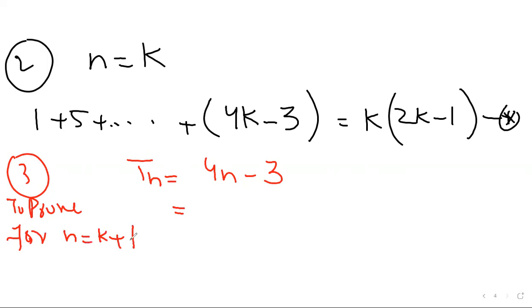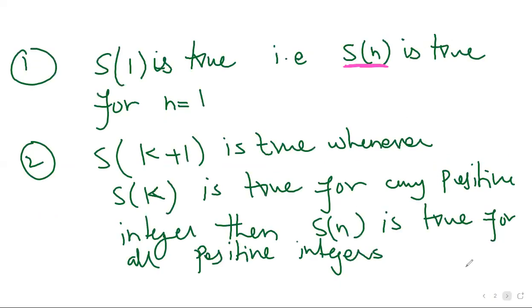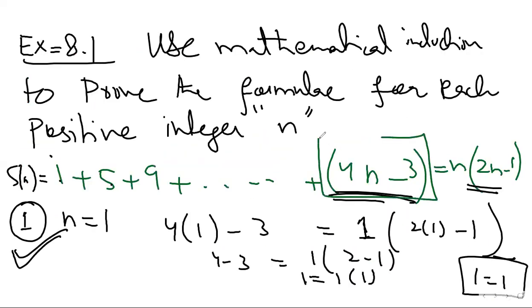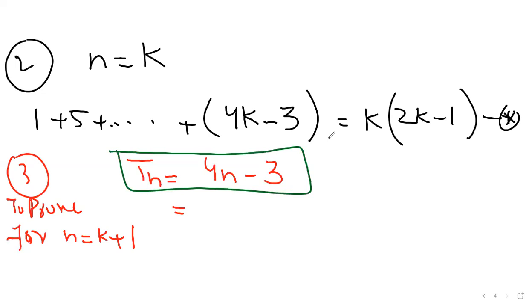And how will we prove it? This is the trick that I am writing. This is the nth term, which is called the last term. It will be given in the question. Just see here, these were the principles. This is called the formula or the last term. The last term I have written. What is the key point? The n will be replaced by k plus 1 into, minus 3, 4